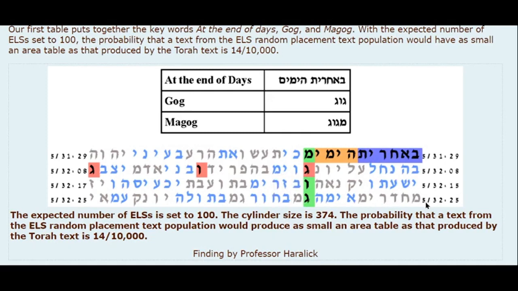By the way, you can see clearly, it is the fifth book of the Torah, which is Deuteronomy, and here you have chapter 31, 32. Interesting, these are the verses. Also the locations, definitely in this place there is a lot, but this was very interesting. We have the end of days, Gog and Magog, coming here, and 1.4 in 10,000, that's 1 in 7,000. This was a table which you will find by Professor Haralick, from his site,